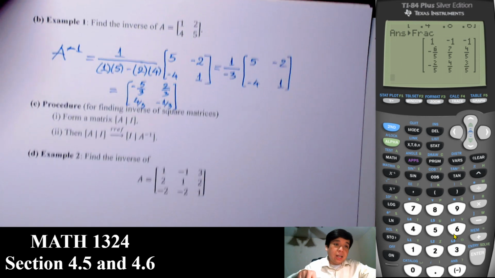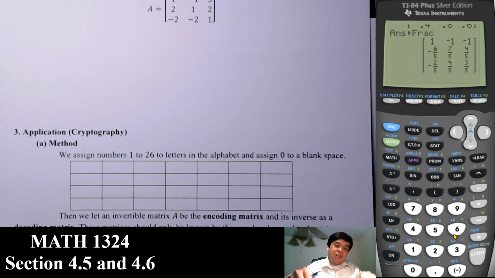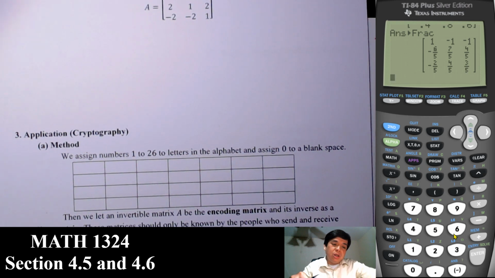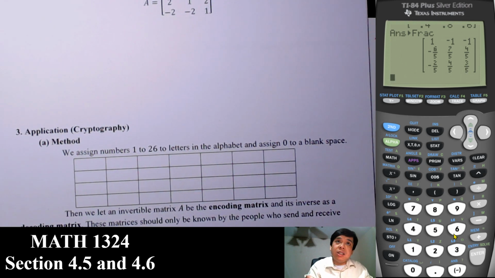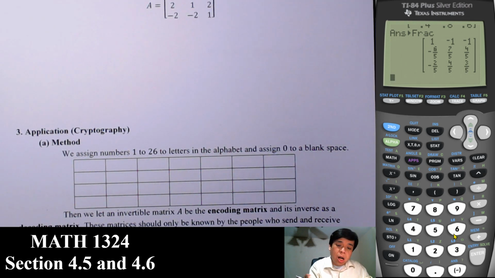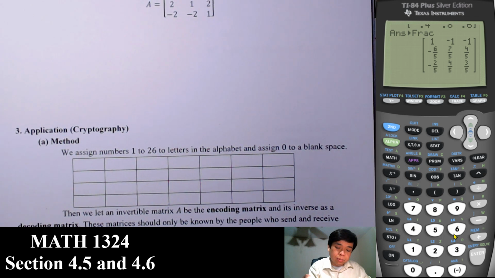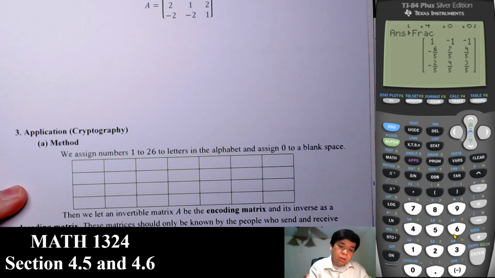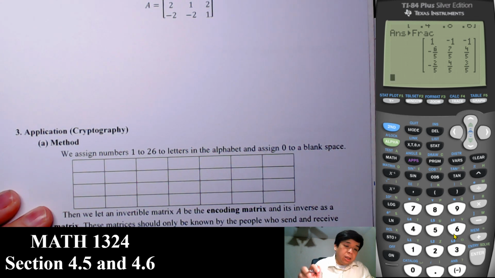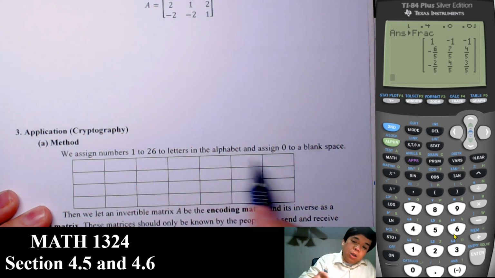Right. Now we have one application. This application we call cryptography. So we can use this simple coding. In this case, we assign 1 to 26